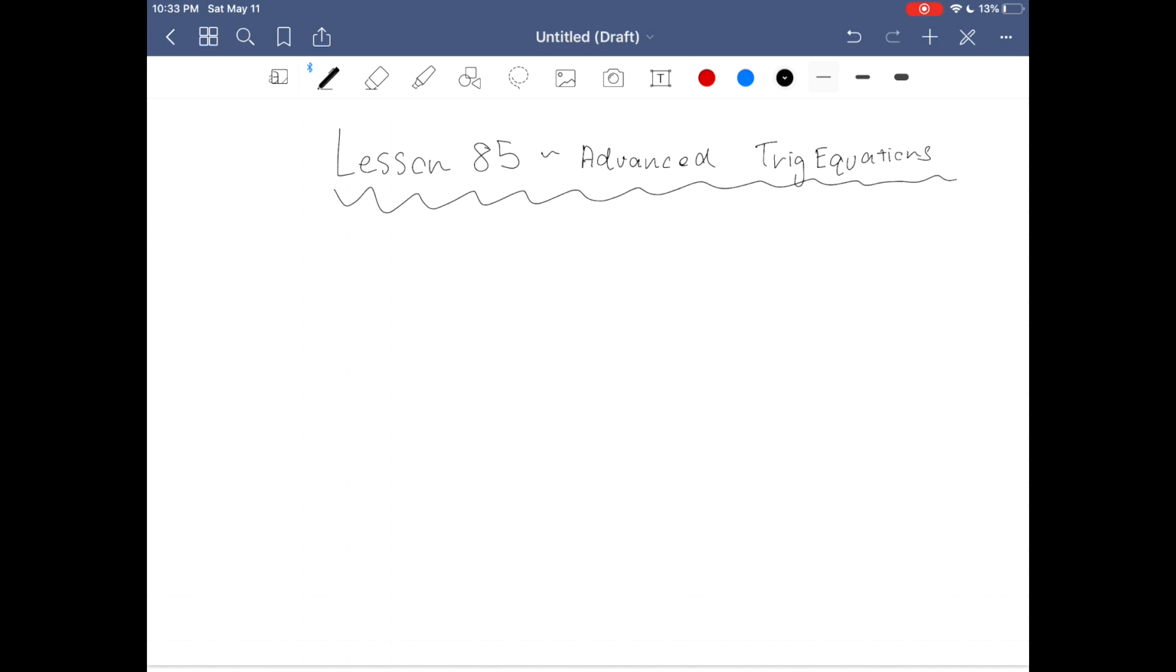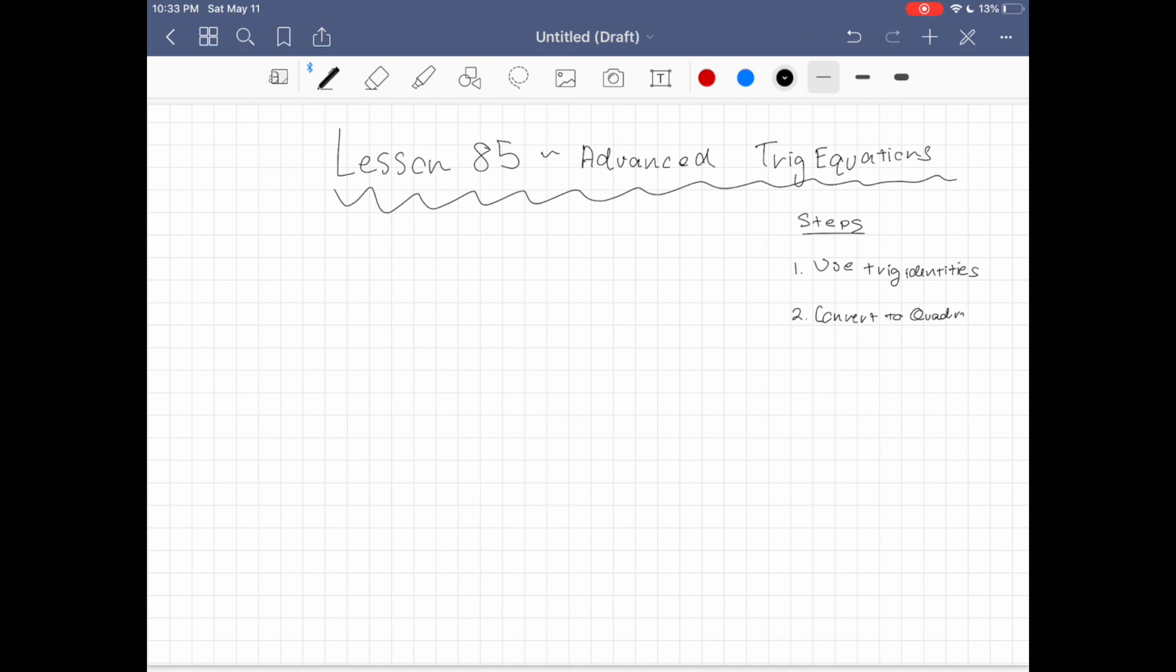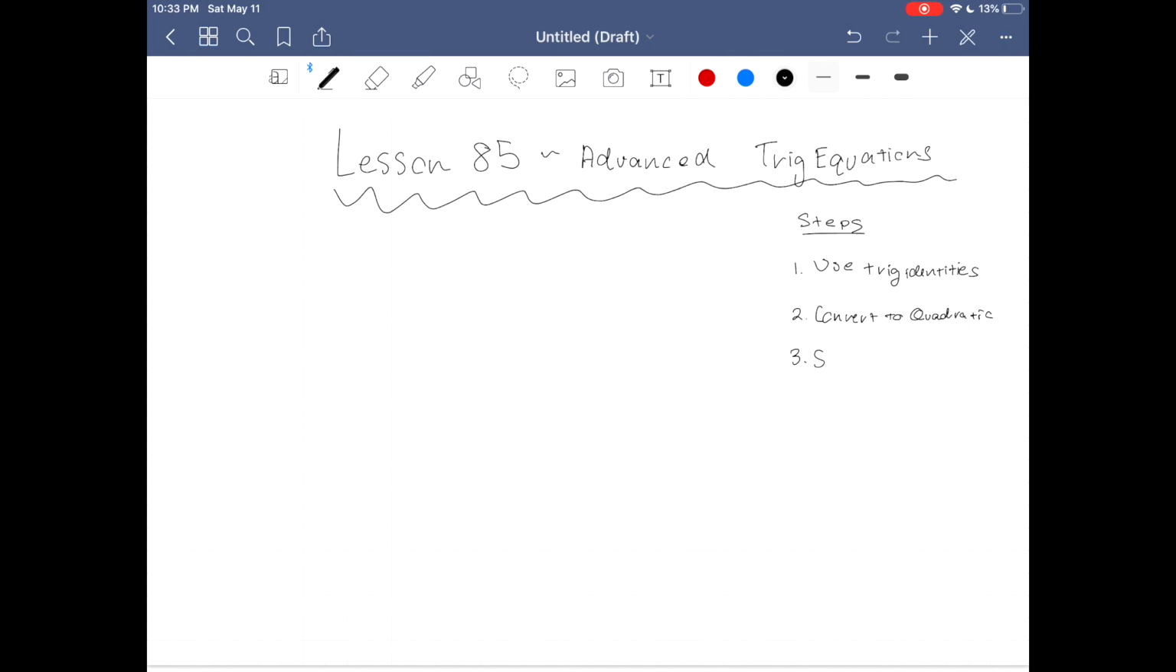Okay, so when doing these problems, there are 4 or 5 essential steps you need to follow. First is to use the trig identities. Then step number 2 is convert to quadratic. Step 3 would be solving the quadratic. Step 4 is converting back to trig. And step 5 would be solving